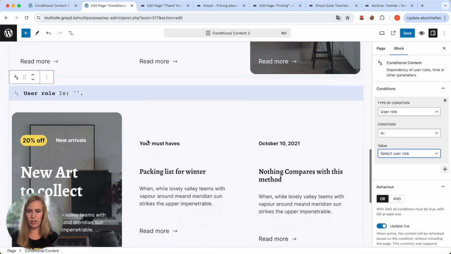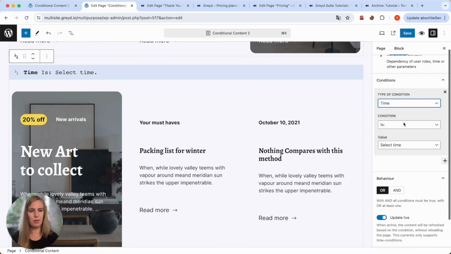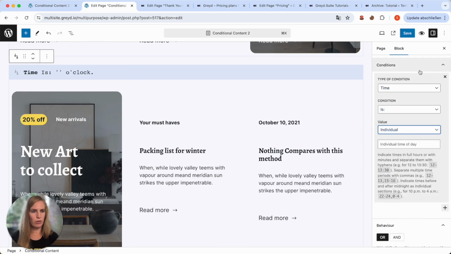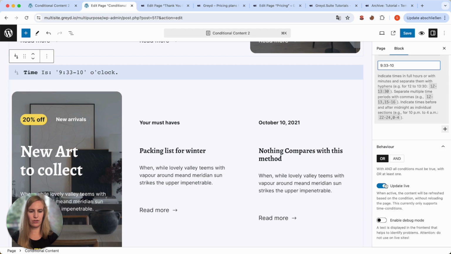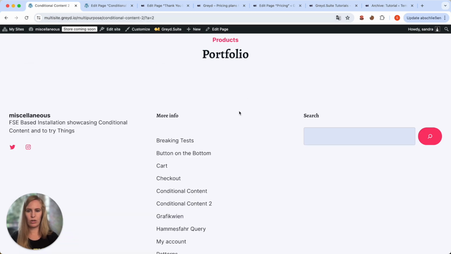So let's go down there and say, okay, I want to make this time dependent and I want an individual time. So now it's 9:32. So let's say between 9:33 and 10, we would want this special discount to be shown. And you can even force this to be updated live on the page. So even if the visitor does not refresh the page, he or she would see the updated content anyway. So now all we have to do,